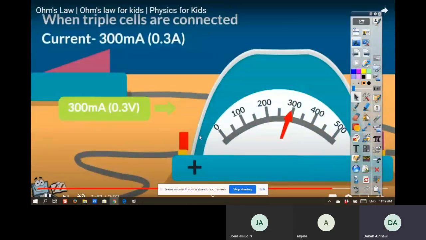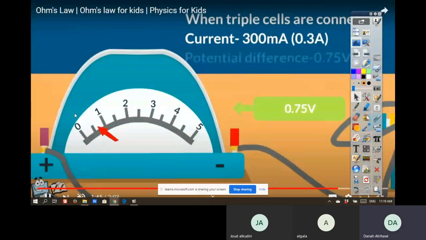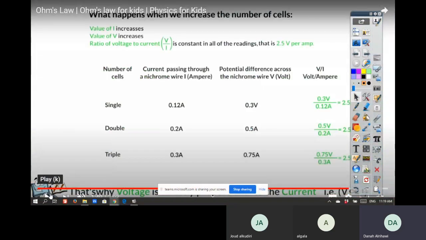With three batteries, the ampere becomes 300, and the voltage only 0.75. So there is a relation between the number of the batteries and the voltage